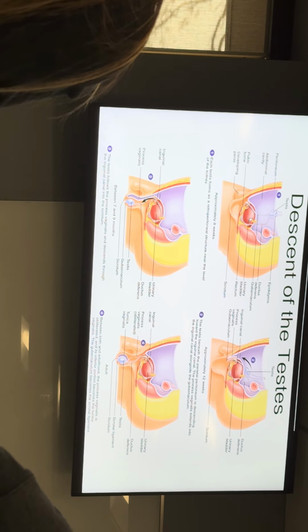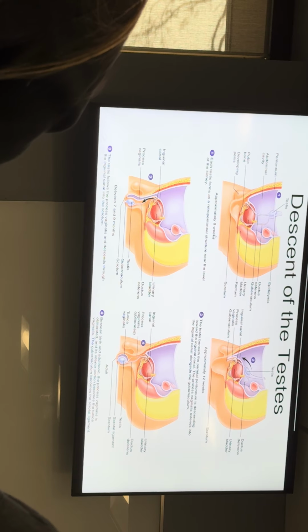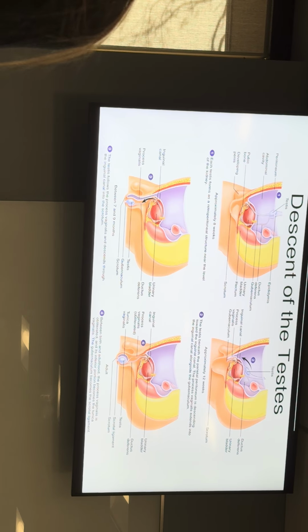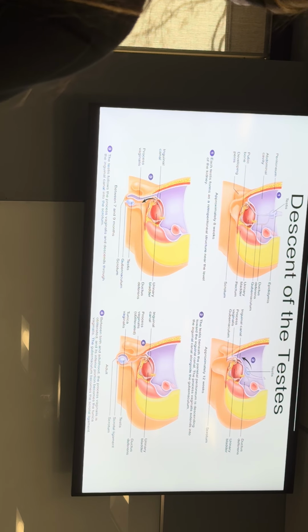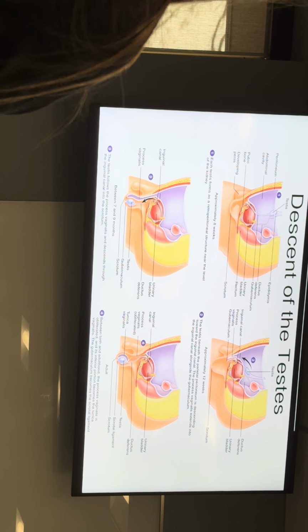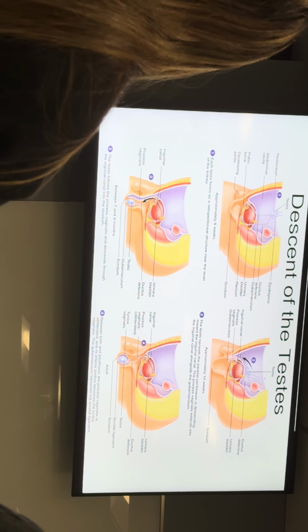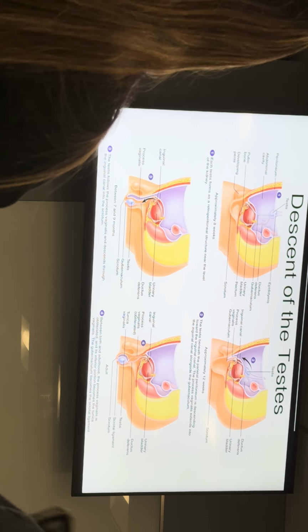It's too high up for this top one. So here's approximately 8 weeks. At this point in time, your testicles barely start to become testicles at 5 weeks after fertilization. Before that, they're fully bipotential. They start to become testicles at 5 weeks. Then, by 8 weeks, they're really fully becoming testicles. Still slightly bipotential, but not fully.